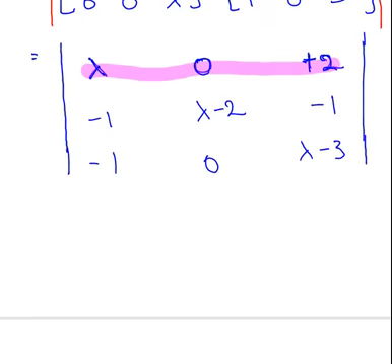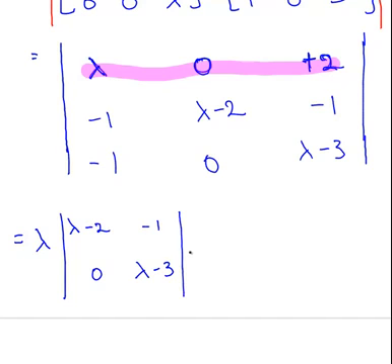Now, if you're not familiar with how to find the determinant of a 3 by 3 matrix, I suggest you check up on that first, because I'm not going to explain that step at all. I'm just going to state that it's lambda times the determinant of its submatrix, which is what you get when you remove the first row and first column where lambda is, and we have that expression there, minus 0, well, that goes to 0 automatically, because it's this second element here, and then